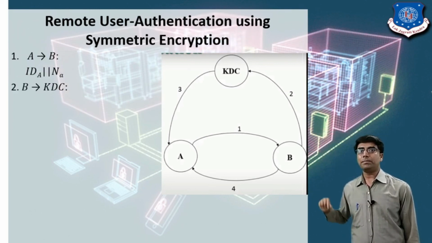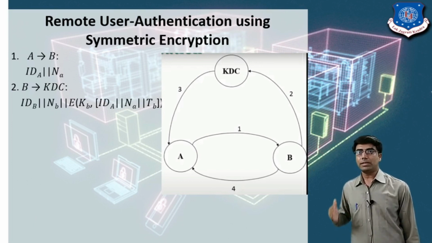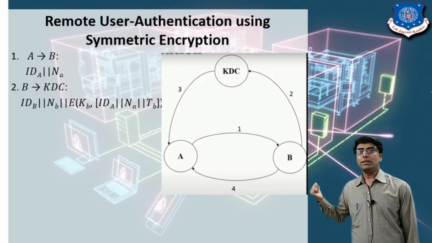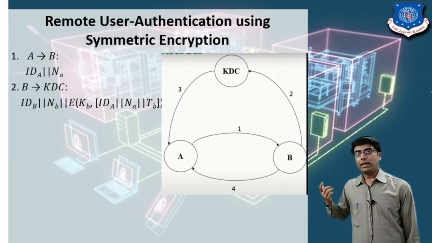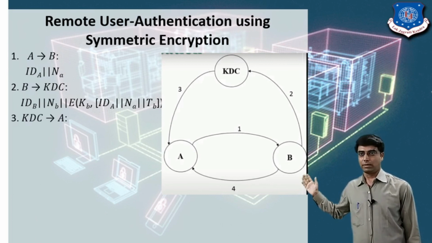Now in the second step, user B receives the message from user A, then B will send a request message to the KDC. The KDC will generate the message, encrypt it, and send it to user B. Now that message includes the ID B, the identity of user B,